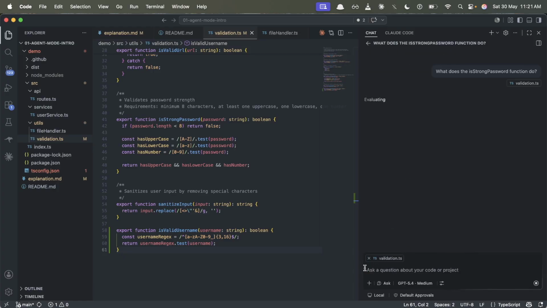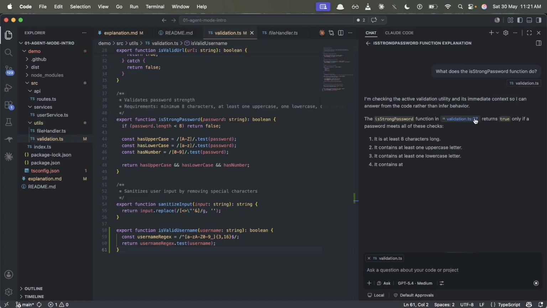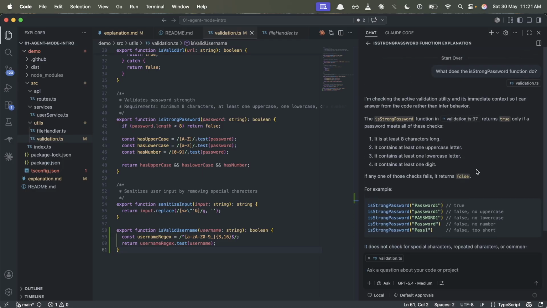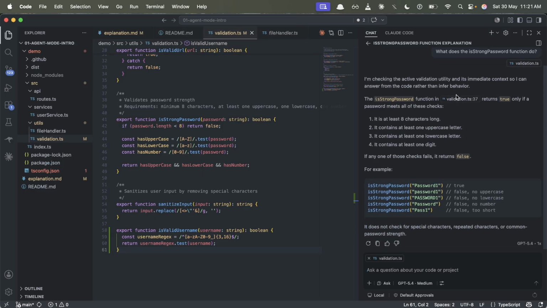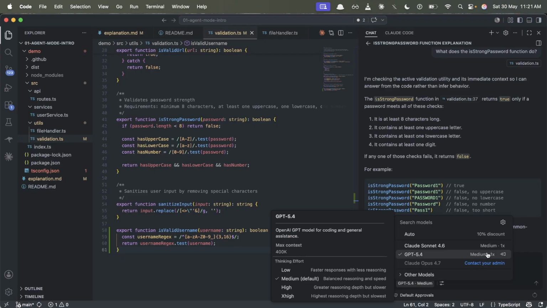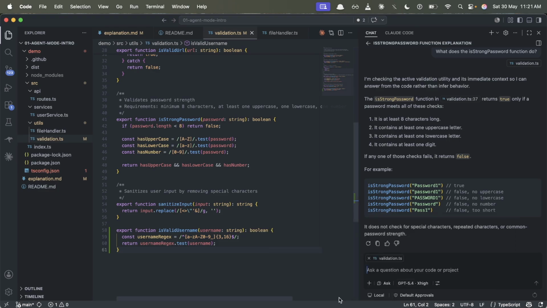So as you can see, along with my prompt, this validation.ts file is also going in the context for this LLM. It directly looks into the file, and it's giving me the answer immediately. My effort level is low, right? That is why I got the answer immediately. If I increase the effort, I'm not sure, but for such a simple function, I don't think it will take much time. So let me increase the effort to extra high, and